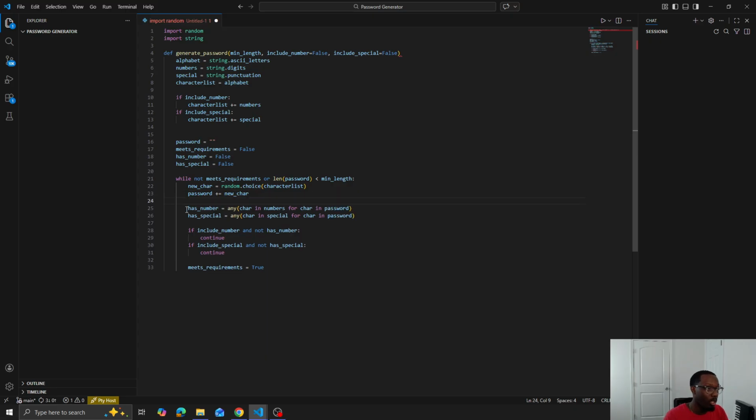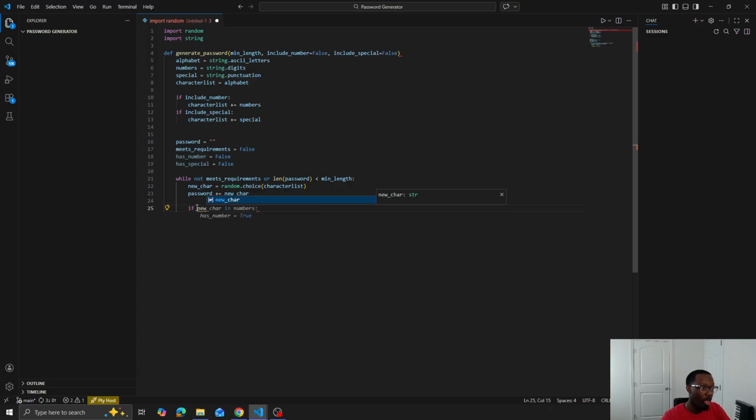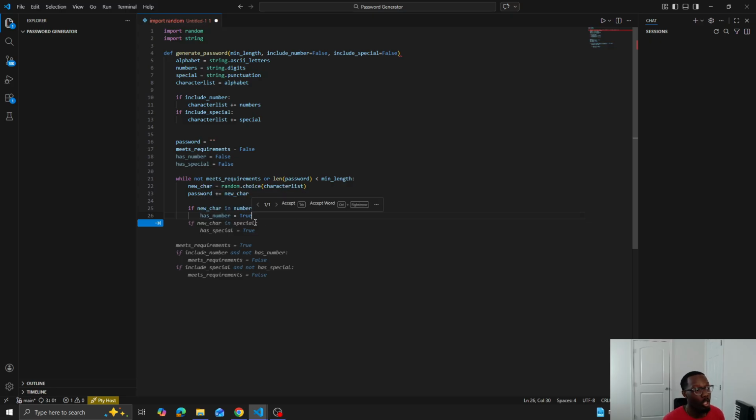Now we come down here, I'm going to take all of this out for right now. And now we're going to have a little fun. So if the new character is in this numbers list right here, I'm going to make has number equal to true. Therefore, equating has number to true makes sure that we know that in our password we do have at least one digit. And then we're going to do the same for special,